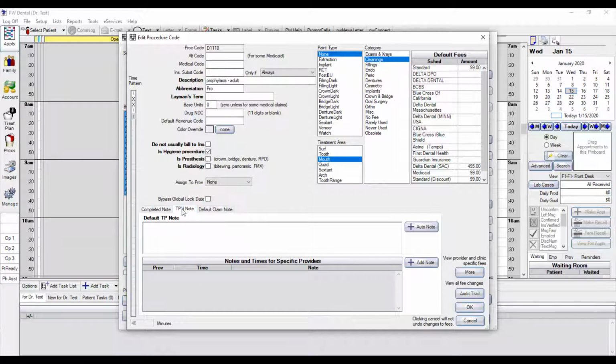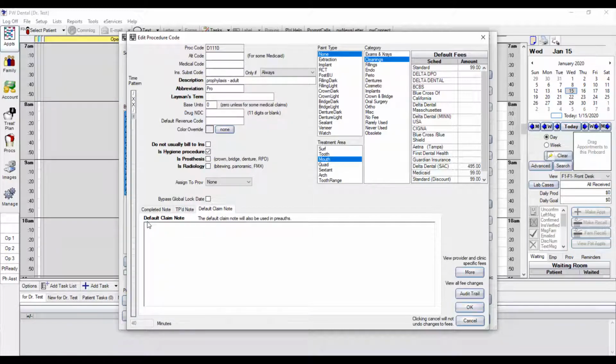Entering text in the treatment planned note section will create text that is automatically added to any procedure marked with the treatment planned procedure status. Similarly, the default claim note tab will add text to any claim that includes